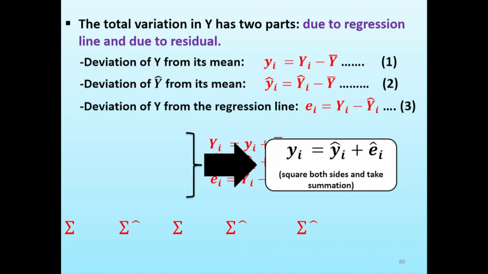ማለት ነው minus y mean of right mean of y and also deviations of y hat from its mean ደግሞ y this hat is equal to y hat minus mean of y እንደዚህ ዲቪዬሽኖች አሉ ማለት ነው ሁለት ዲቪዬሽኖች አሉ ወይም ቫሪዬሽኖች አሉ ማለት እንችላለን so deviations of y from the regression line ደግሞ ወይም ኤስቲሜት ያደርግናል ደግሞ ምንድነው ei ወይም ሬሲዱዋል ምንላት ምንድነው y actual y minus y hat right